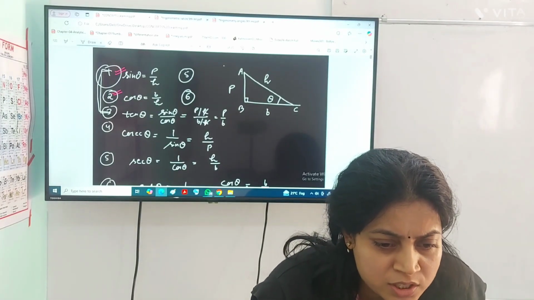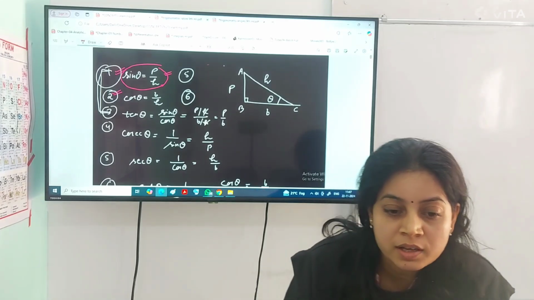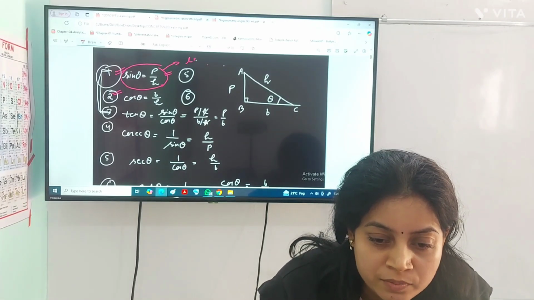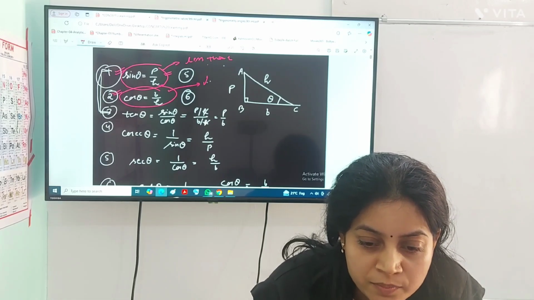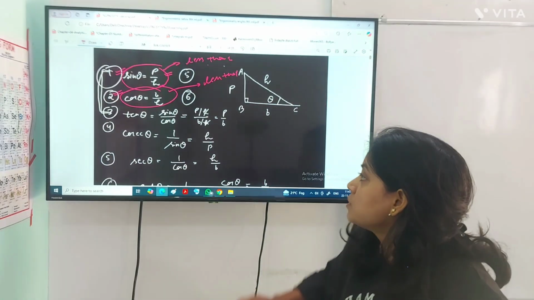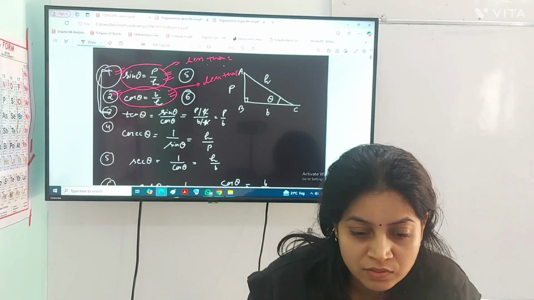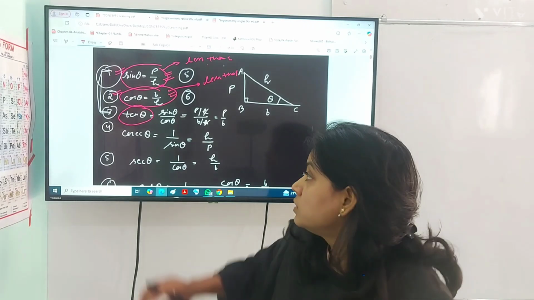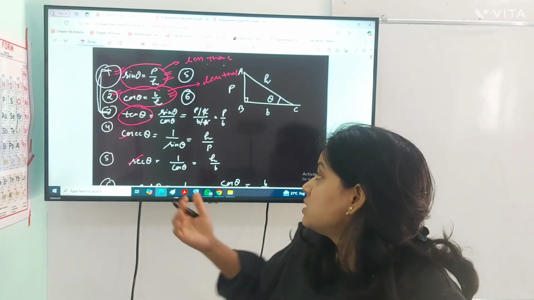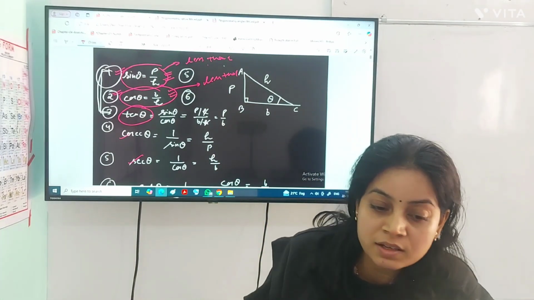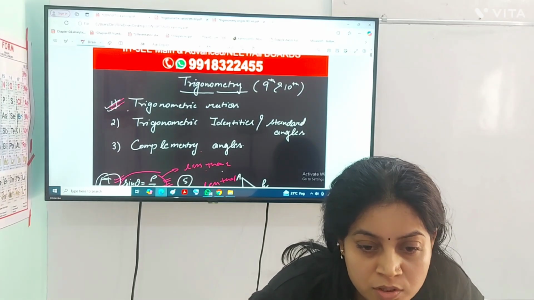And if you have noticed one thing, what you have noticed that sine theta is P by H and hypotenuse is the longest side, then definitely the value of sine theta will be less than 1. Similarly, cos theta value will also be less than 1 because base will be smaller than the hypotenuse, right? So you can say the value of sine theta and cos theta will be less than 1. What was tan theta? We just divided sine theta and cos theta. We find tan theta. And cosec sec cot was just the reciprocal of sine, cos and tan theta. So simple. I think you have understood this thing, the trigonometric ratios.